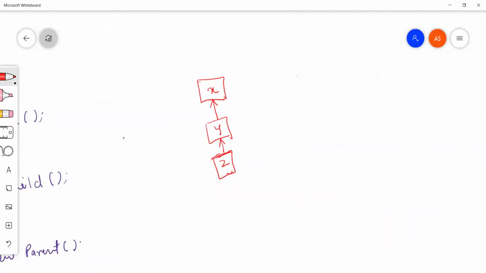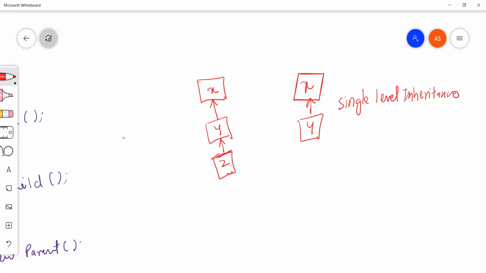Yes, we can see. Okay, so when we say X is extended by class Y, this is single level inheritance. When we say X is extended by Y, and Z extends class Y, this will be called multi-level.